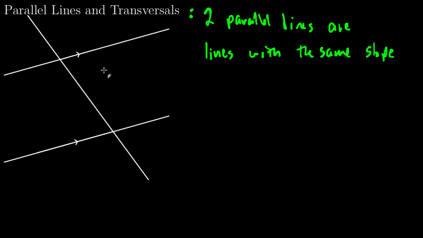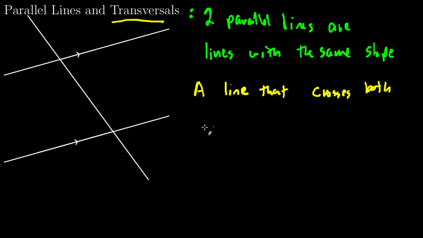We could say that they are coplanar and never intersect. There are a few different ways we can talk about that. A transversal, right here, is a line that crosses both other